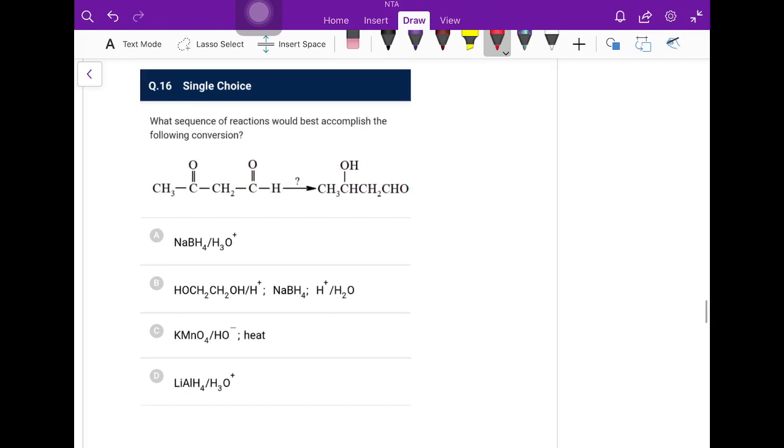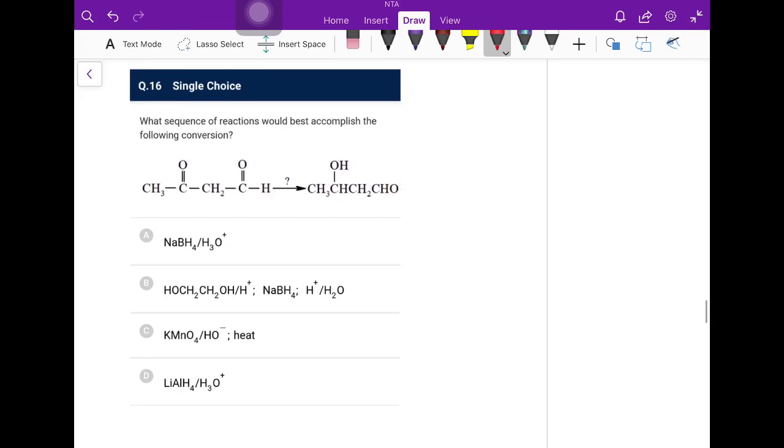What sequence of reactions would best accomplish the following conversion? Reacting it with NaBH4, H3O plus, both the aldehyde and ketone will get reduced, and this will form OH, this will also form OH. So this is not what we need. And OH CH2 CH2 OH,